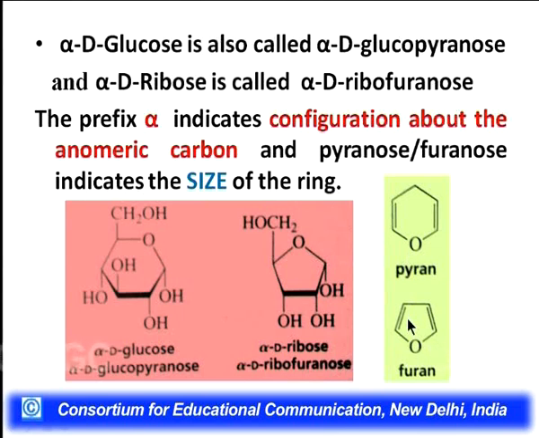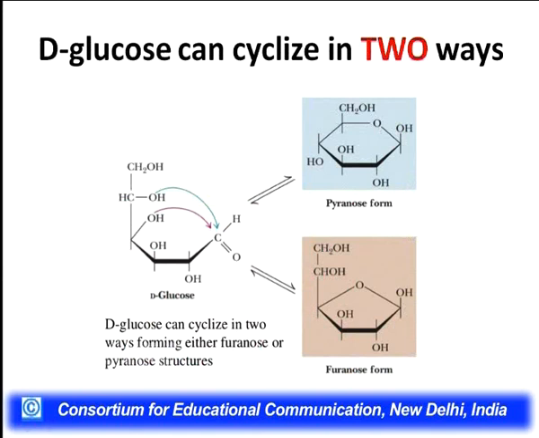So when I talk of a beta isomer, what we mean is that the OH is on the top. You can remember top, that is, it is flying, and birds fly. So if I talk of a beta isomer or anomer, then the OH will be on the top. This is the difference between the alpha and the beta forms. So now when we talk of glucose, we see that glucose can cyclize in two ways.